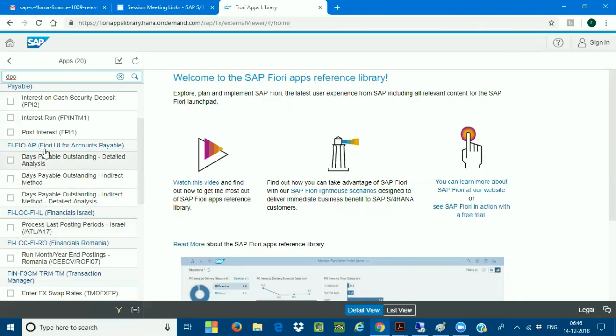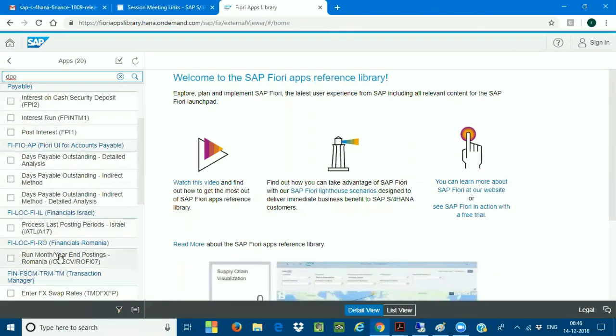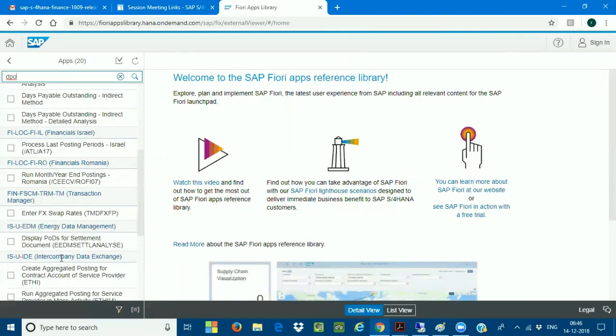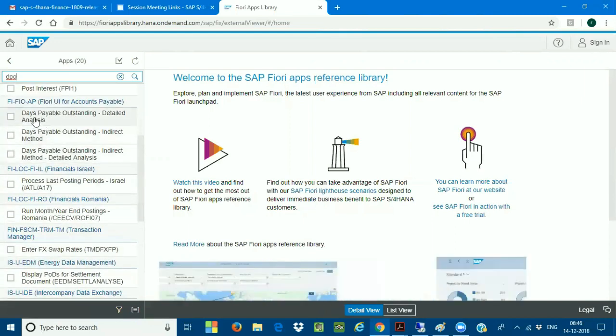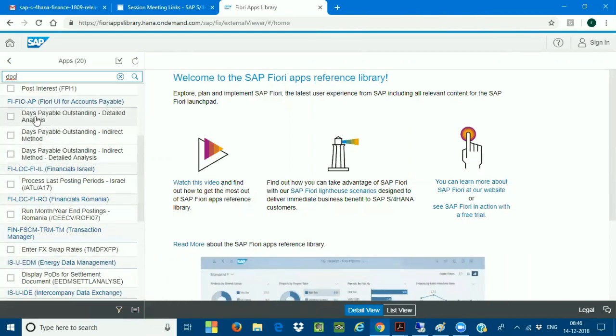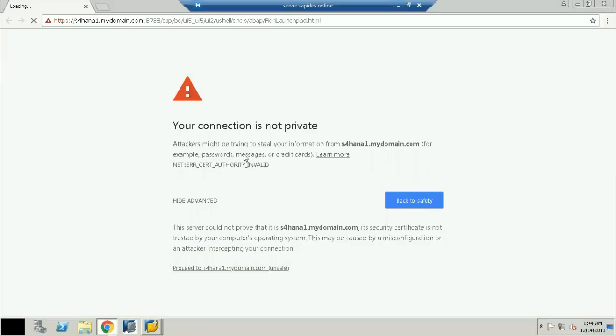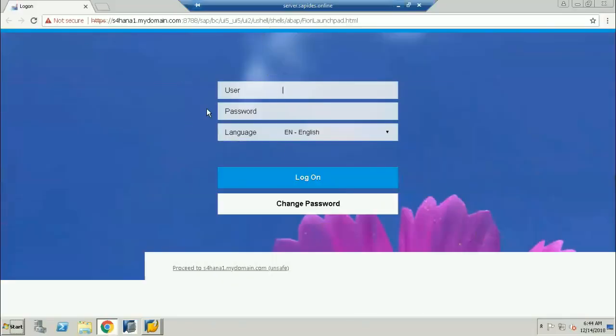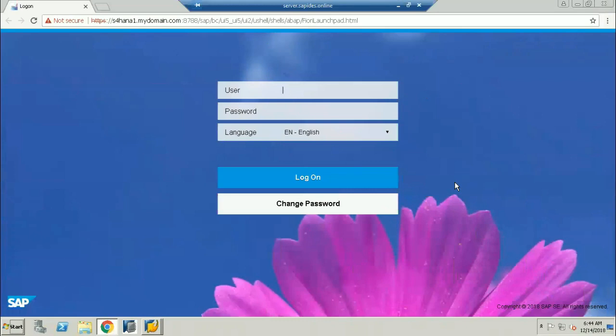Now, for example, these are the many Fiori tiles which are going to be available. Now I just want to look at this. Let me see what happened to the system. Fiori is nothing but a flower. I'm just logging into the Fiori.